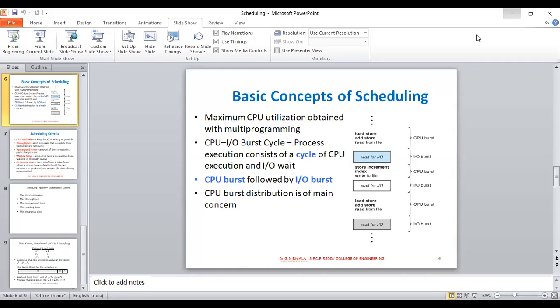Any more doubts in today's session? How many types of schedulers are there? Anybody, unmute yourself. Names of schedulers.